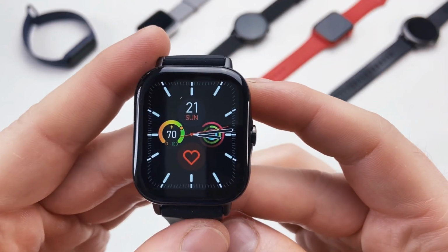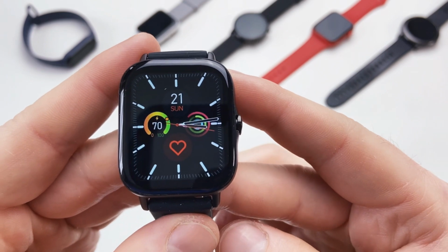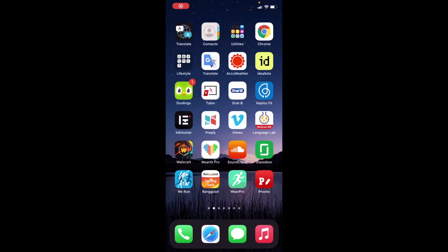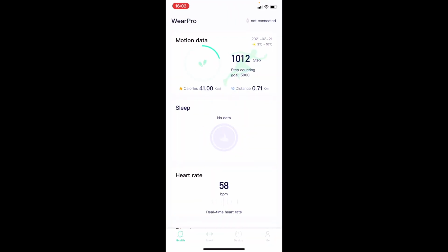Right, now that you've heard how the microphone sounds, it's probably a good time for us to visit an app that this watch uses. So let's dive in, and then we're going to come back and summarize today's video. Now it's a good time for us to familiarize ourselves with an app called Wear Pro, so we'll jump into it. As we got accustomed to it, the first page usually shows you the most up-to-date information